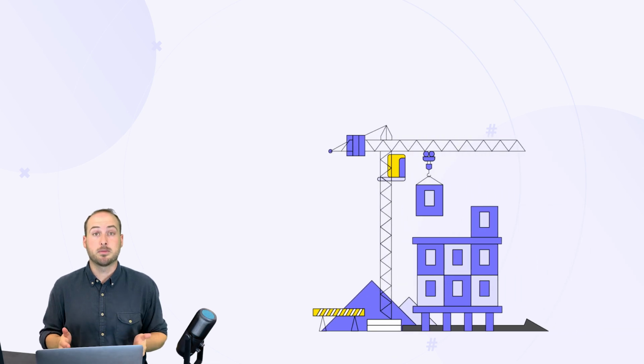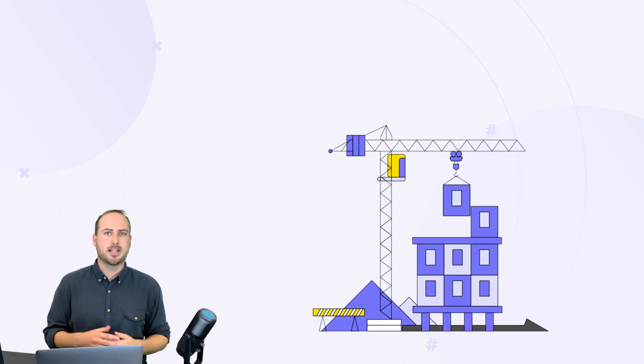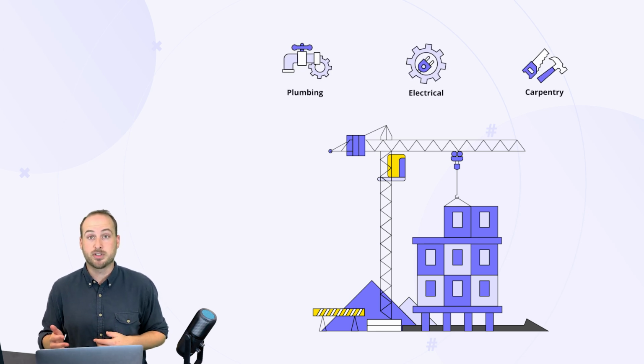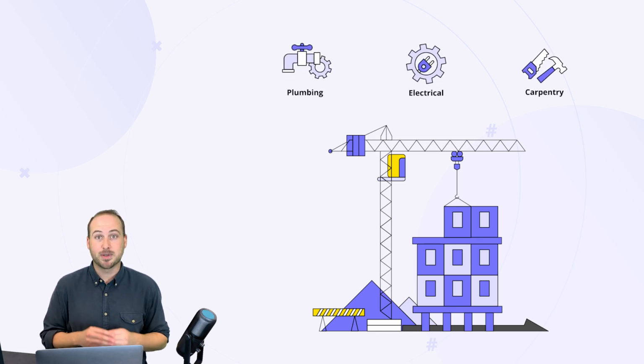Imagine a construction project. Instead of building the entire structure as one piece, different teams handle separate parts. Think plumbing, electrical, and carpentry, with each team working on their respective modules. In OOP, each object handles a specific aspect of the program, making the overall system easier to develop and troubleshoot. This focus on modularity means that developers can focus on one object at a time without worrying about the entire